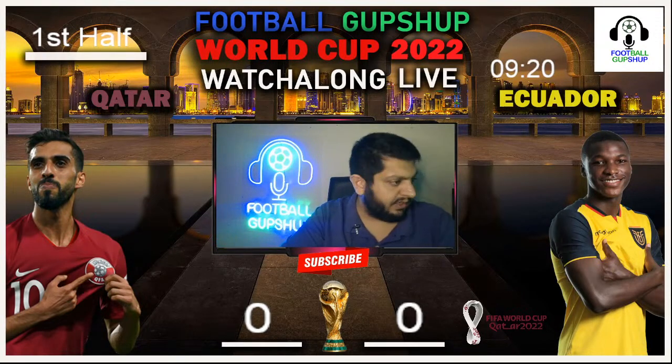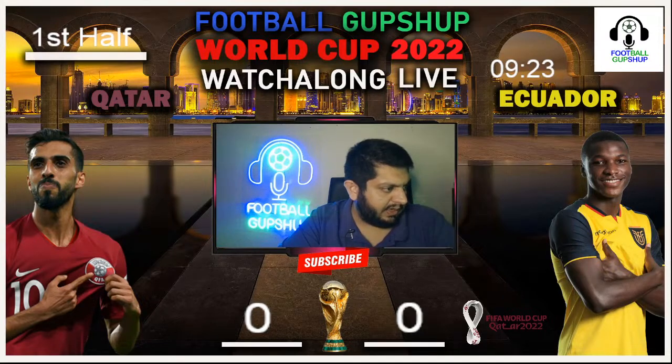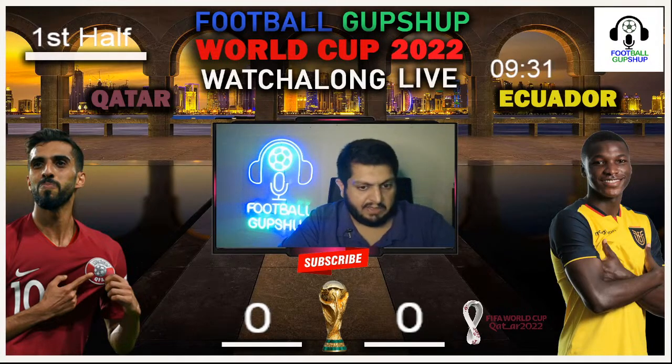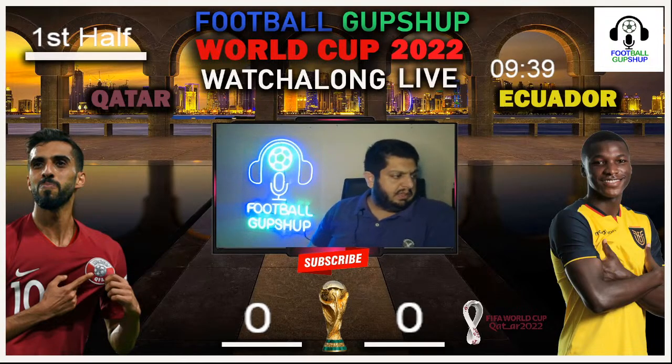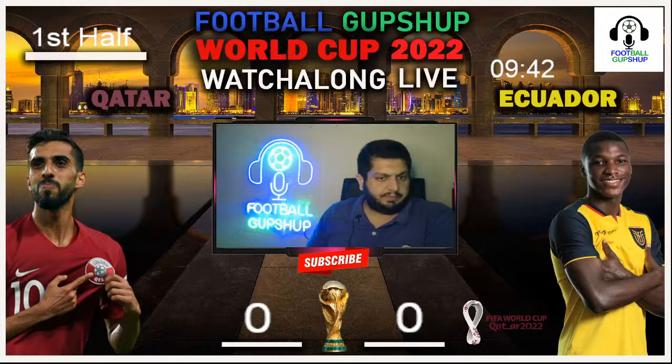Qatar once again losing possession of the ball over there. So once again, you can see that it is Qatar who have made a foul. So Ecuador win a free kick. Bassam is the one who makes that foul over there. So this is looking quite interesting. And I'm sure that the key would be here if somehow right now Ecuador have got the ball. Let's see what they can do. This is going to be interesting. A free kick is about to come in.